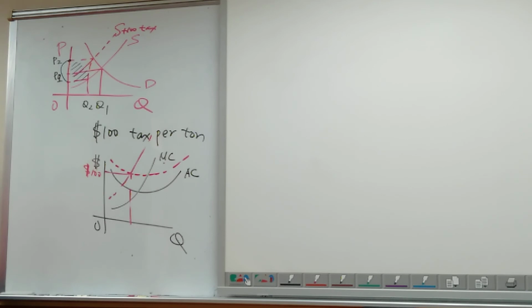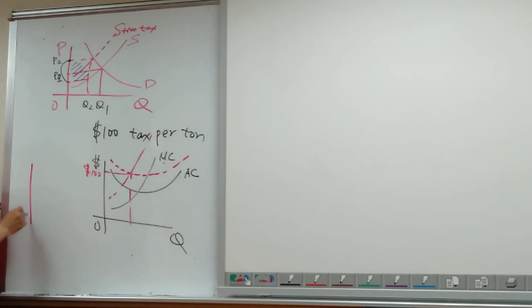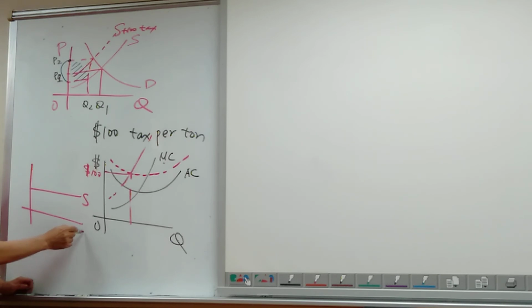Question D. Would the tax generate more tax revenue for the government if the lumber industry were a constant cost industry? If it is constant cost, what happens? The supply curve is horizontal. So Q, P, and of course